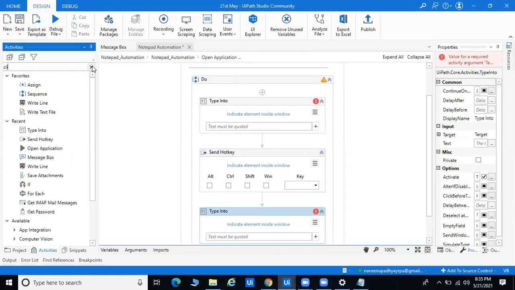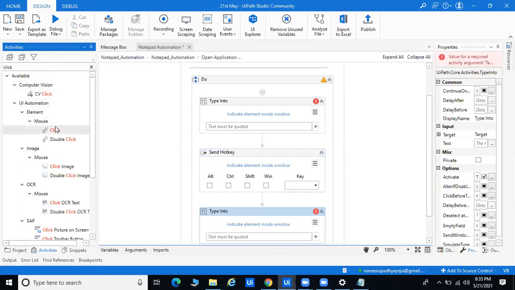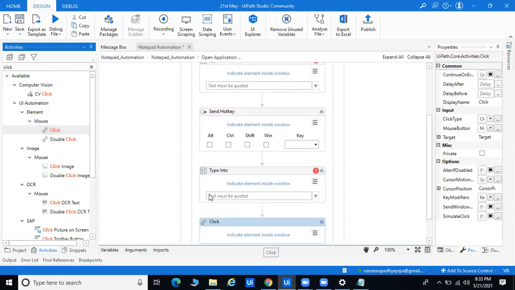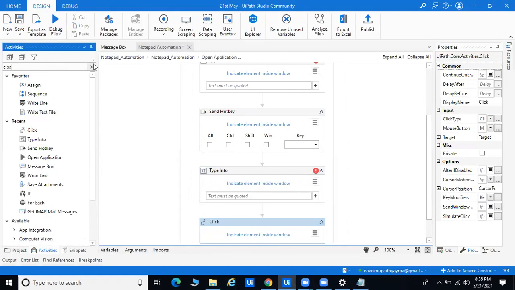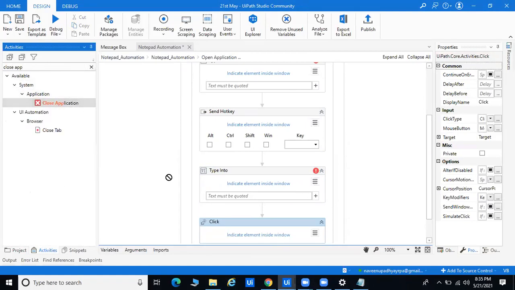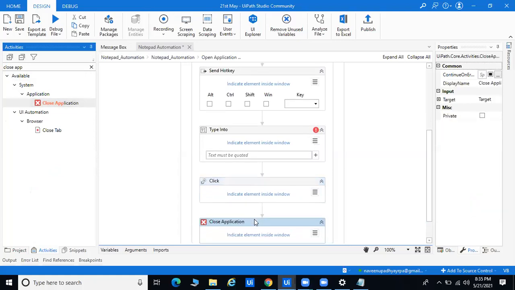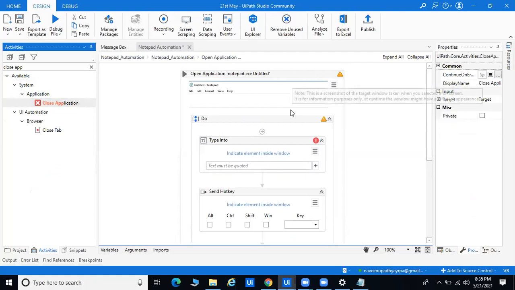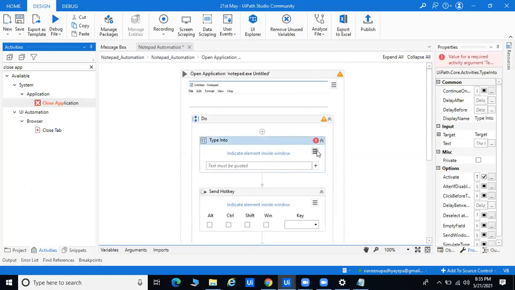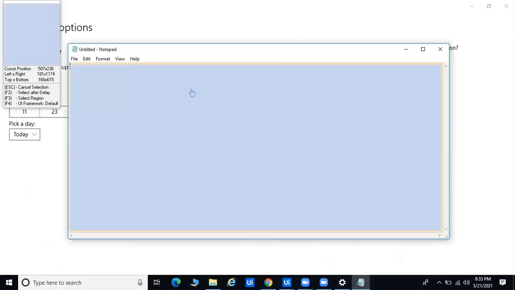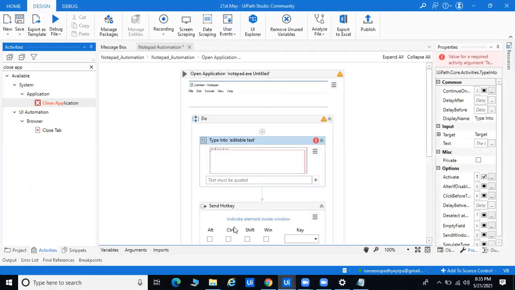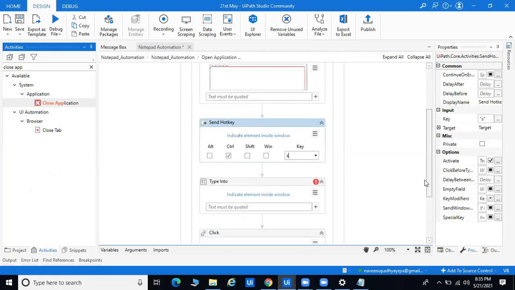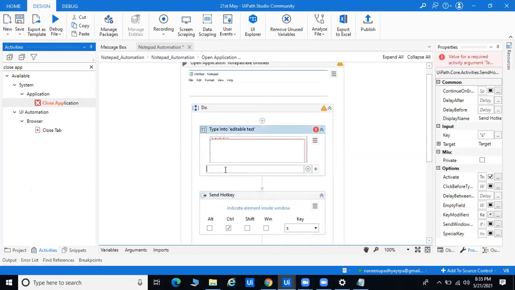So after that I will try to spy all the target applications one by one. Okay. So click and close application. So if anyone is good at development, within 1 minute it's possible to automate. Okay, so Open Application is for launching your test application, and Type Into is especially for typing data into your Notepad. We'll take the partial screen, not full screen, and after that we will go for Control S and a small letter. Okay, and here I will give them the theme.